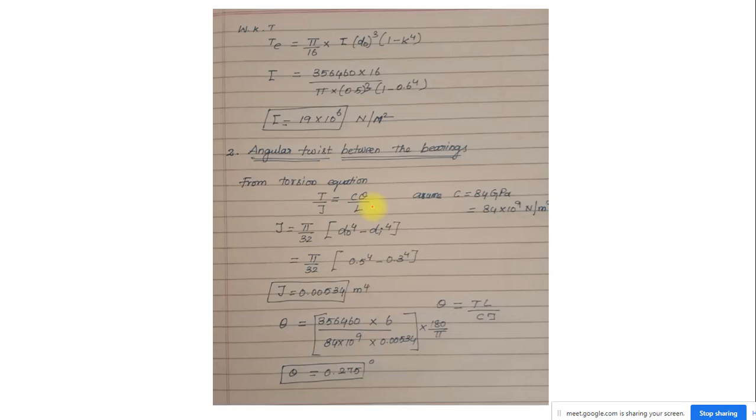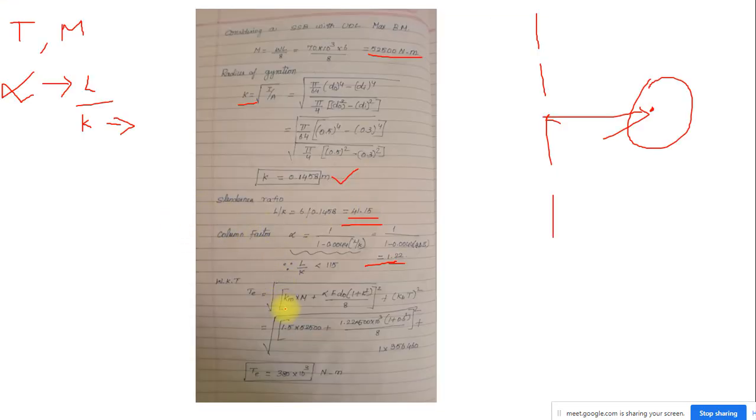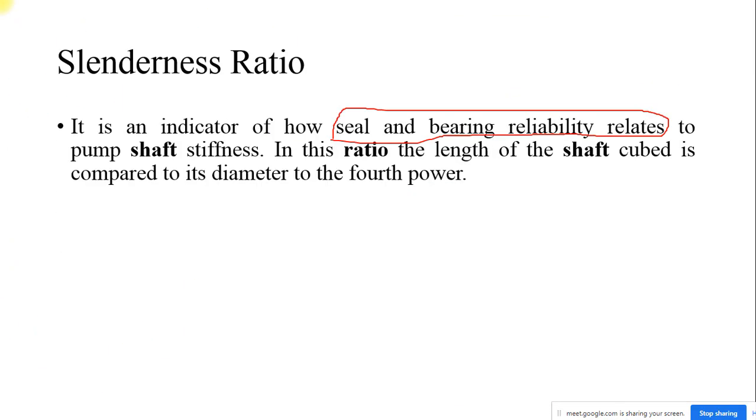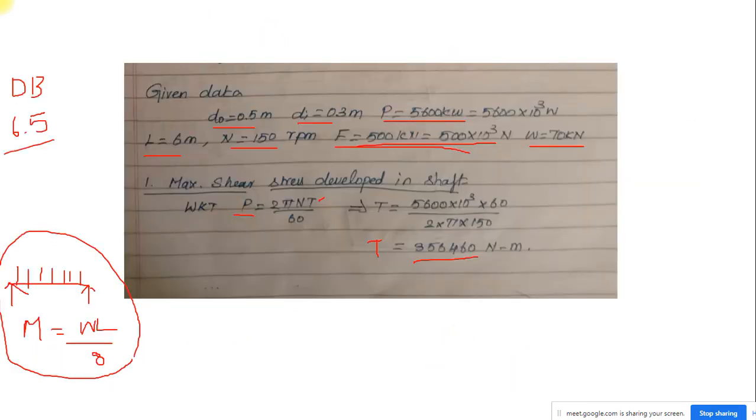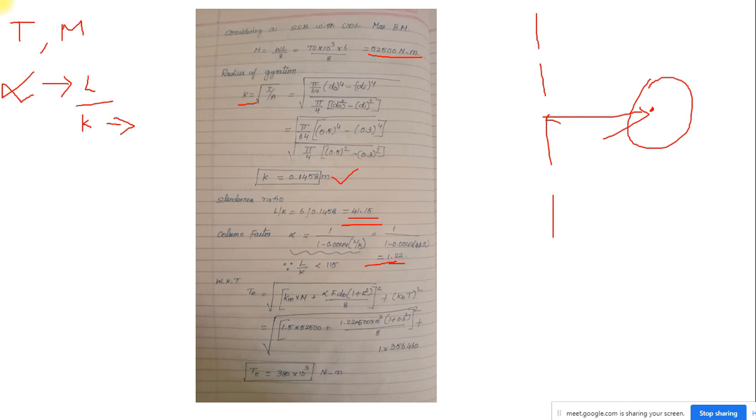So if I try to substitute the Km value, we can assume it if it is not given. I don't remember whether the Km value is given. Yes, it is not given. If it is not given, you can go to data book page number 7.21 for stationary shaft and for revolving shaft, whether it is a hollow shaft or a solid shaft, you can take the Km value and Kt value. It is nothing but a factor. So you can refer to page number 7.21 from the data book, where this Km value and Kt value are given. I have taken Km value as 1.5 and Kt value as 1.